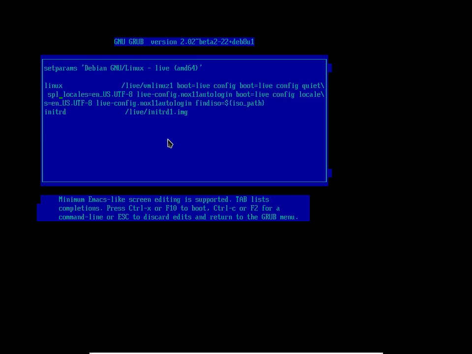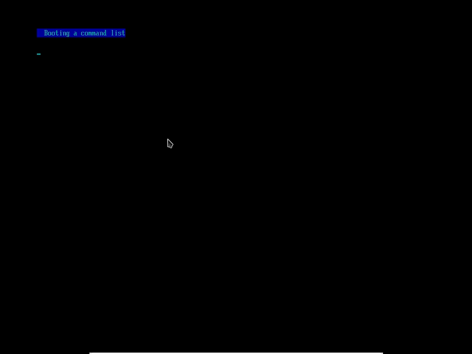So yeah, that's it. So F10. So now I need to set up the SSH thing,